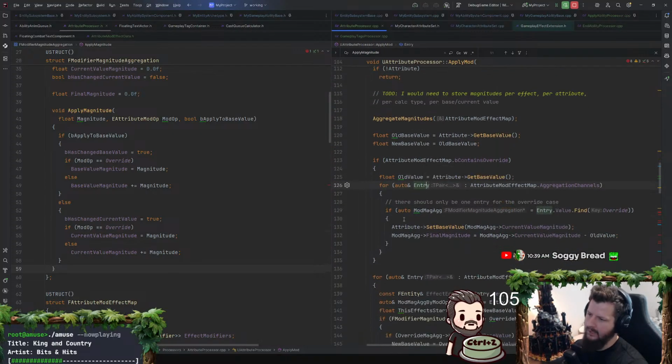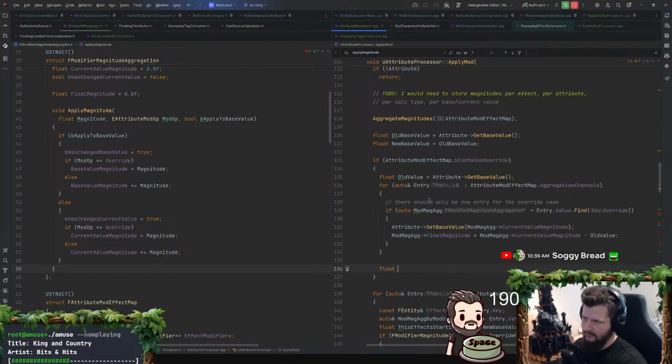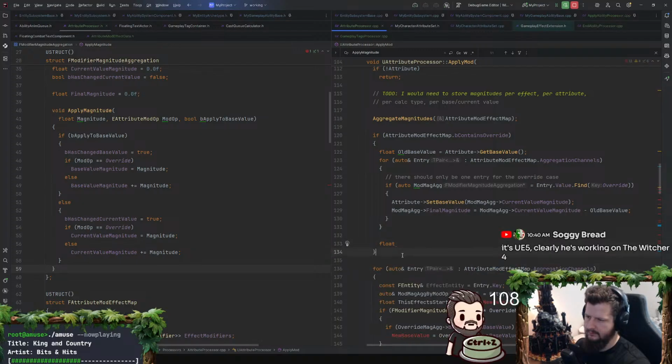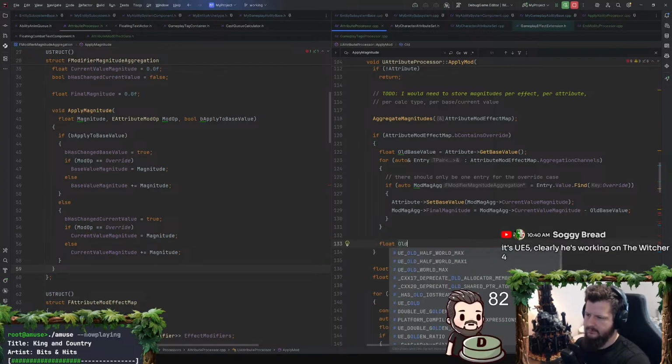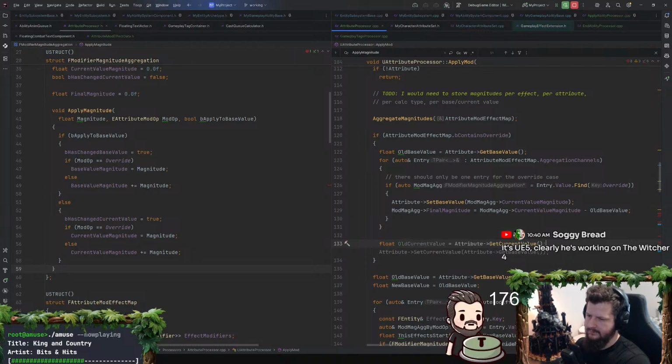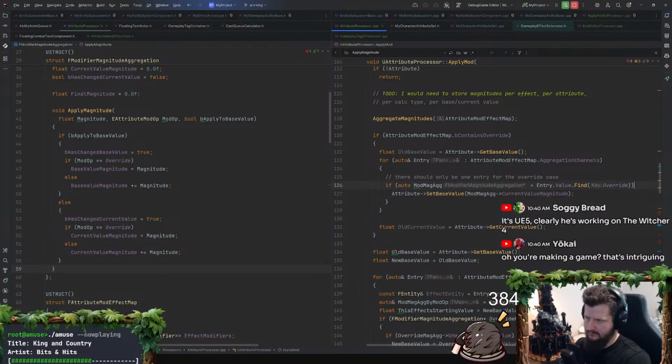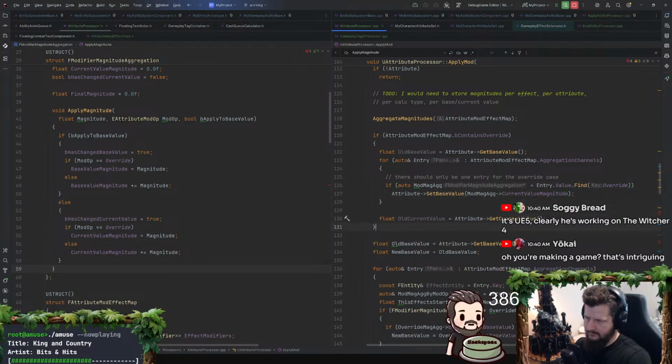Anyways, yeah, so override. We're gonna do override. Change this to old base value. Let's delete that for now, or at least move it outside the scope. Float old current value. Final magnitude is not that yet. Old current value.